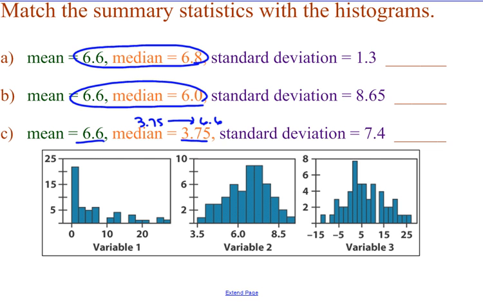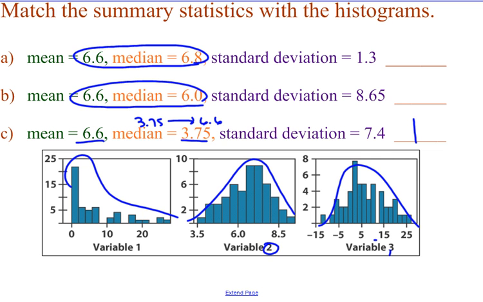Do I have a graph that's right skewed? Oh, I do, right? Right here. Look at that. The only one that's right skewed. The other two look pretty symmetrical. So they kind of match A and B. So C is definitely the first graph. I didn't even look at standard deviation. I could tell that just by the mean and median. Now, A and B, their mean and median are so close,